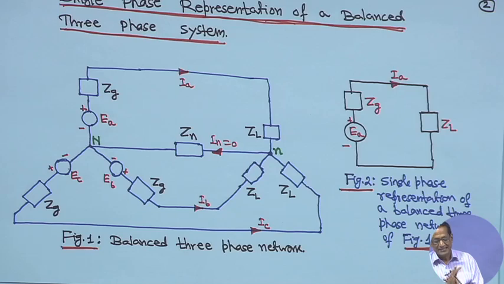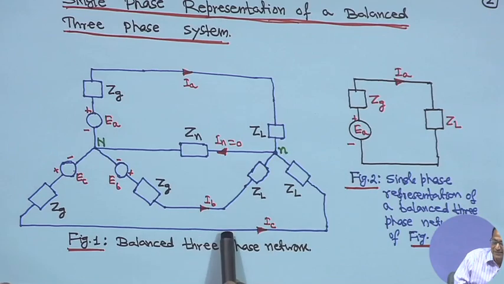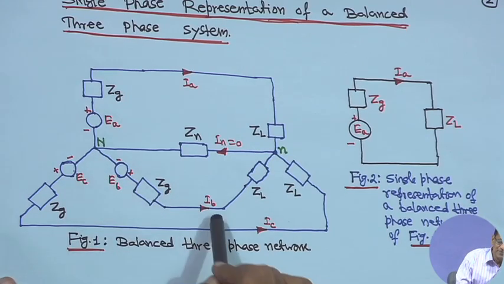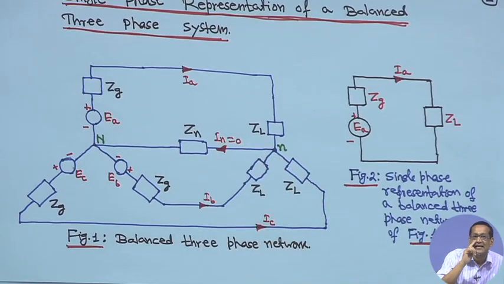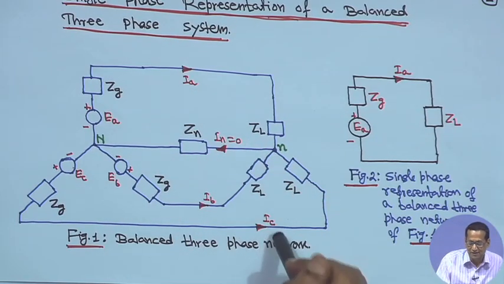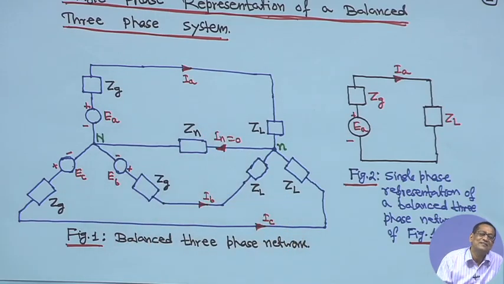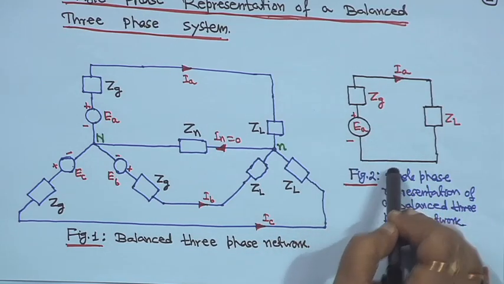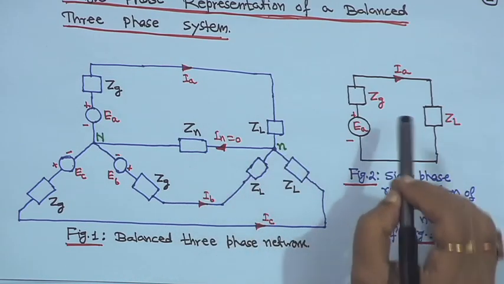as long as it is a balanced system. In reality nothing is completely ideal, so it cannot be completely balanced, but here it is balanced. That means this is a balanced 3 phase system. As it is balanced, phase A, phase B and phase C carry equal power, that means equal current. So, instead of considering all the 3 phases, we can consider only one phase. That is why only one phase is drawn, because the neutral is carrying zero current. So, Zn has no effect. So, in that case,